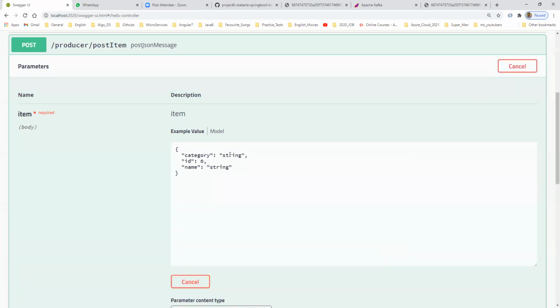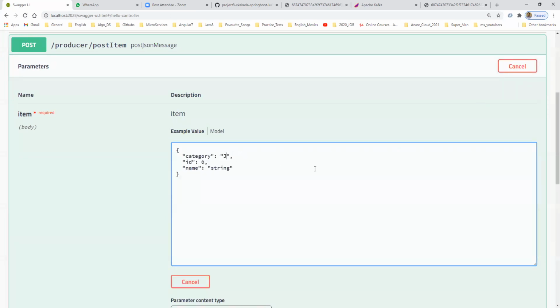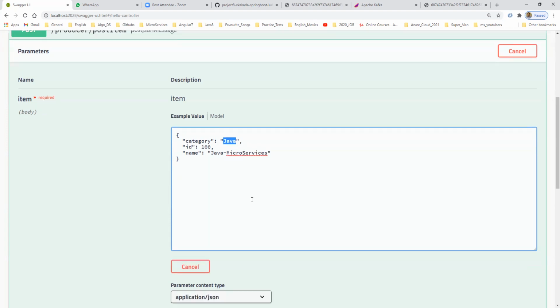Here you need to give the item category, some Java category. I'm giving the ID as 100, and the item name, Java microservices. This is related to the Java category, and this is the ID for this item.